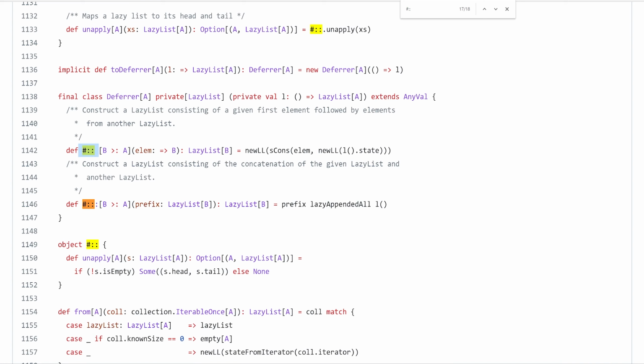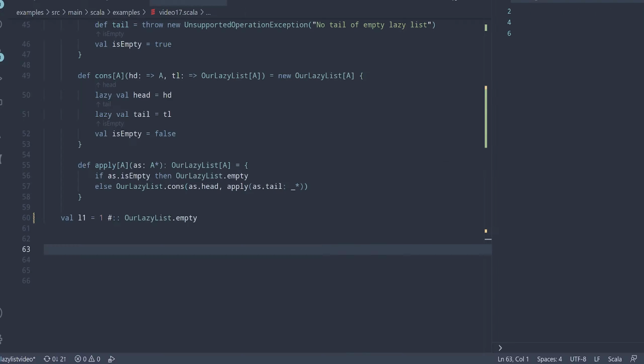And so you need this class, you need this implicit definition, so that the Scala compiler is able to say, if I have a LazyList on the right hand side, and any value a that matches that LazyList type, I should be able to apply the constructor to it. The other thing to be aware of here is that anything that ends with a colon in Scala is right associative. What that means is we want to apply the function to the thing on the right rather than the thing on the left,